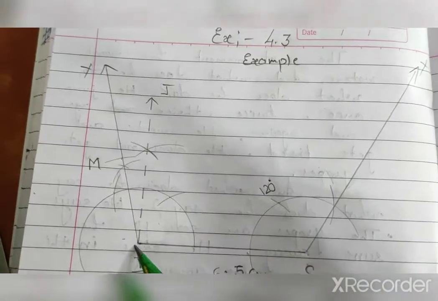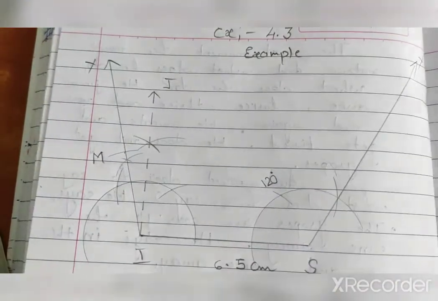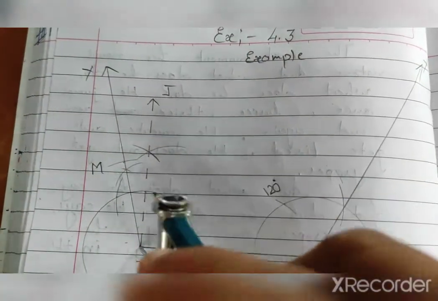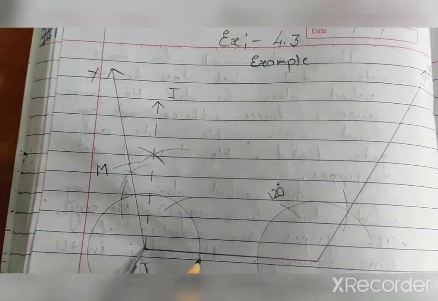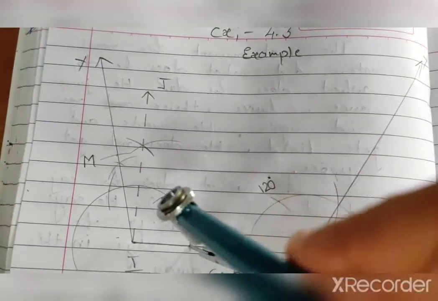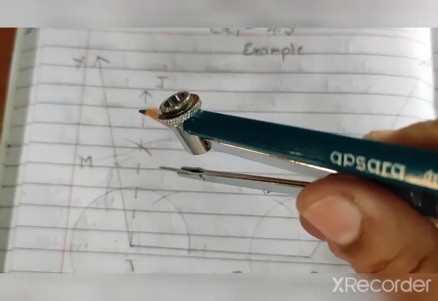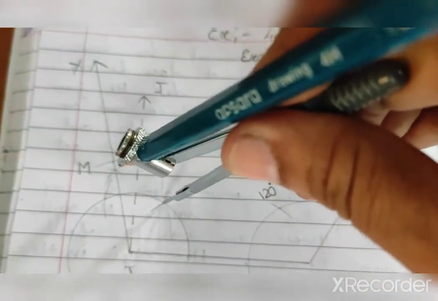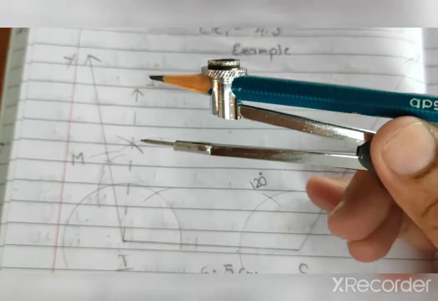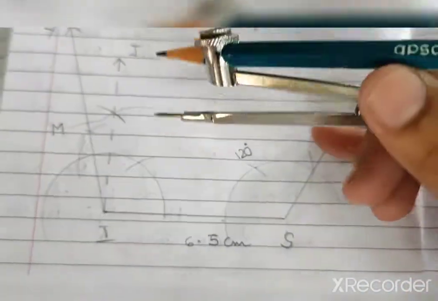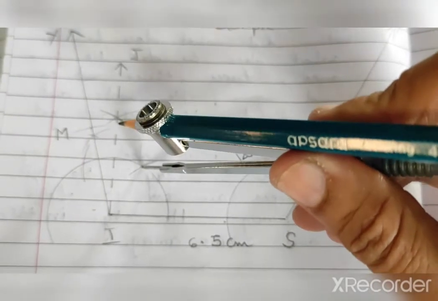So angle S is 120 degree. Now see here, I. Again I have taken suitable radius, center, draw an arc. Now intersecting point you will get on I as this, draw another arc. 60 degree you will get. Again draw another arc. 120 you will get. Now we want 105 degrees. So what I have done, I have drawn the bisector of this.